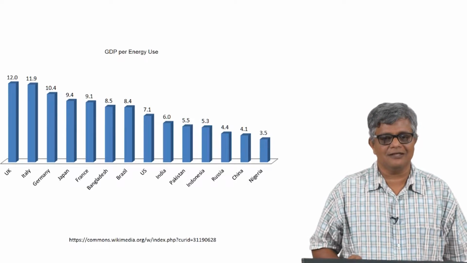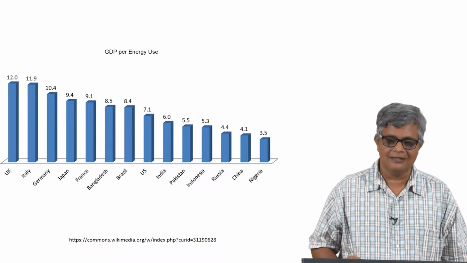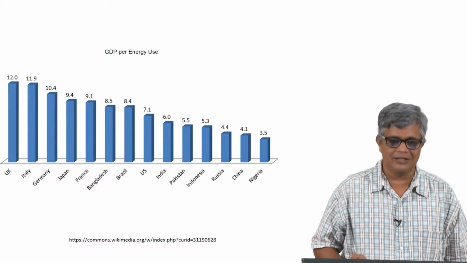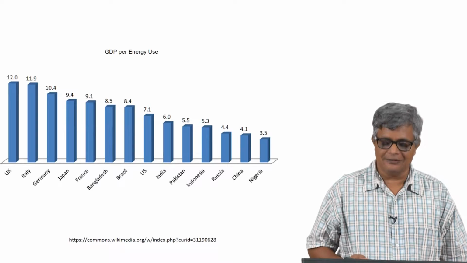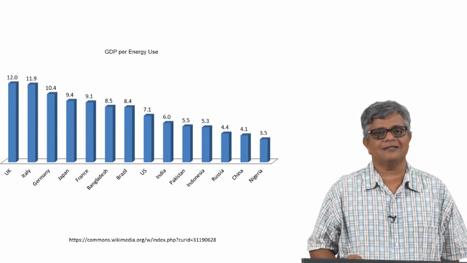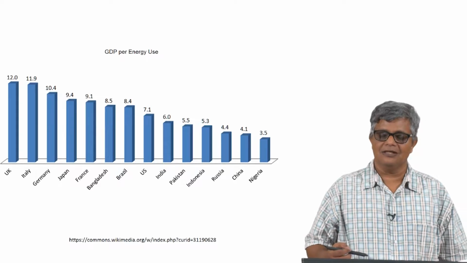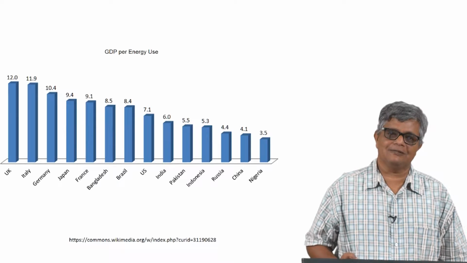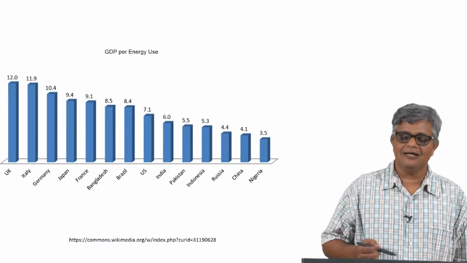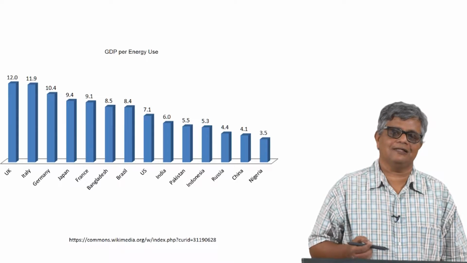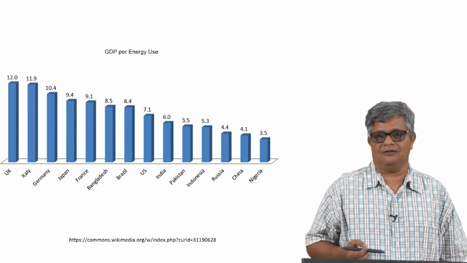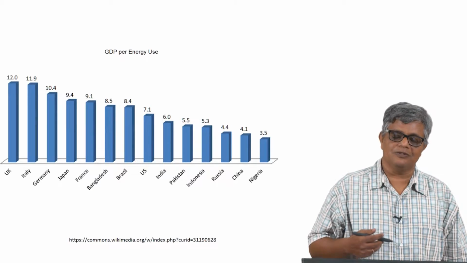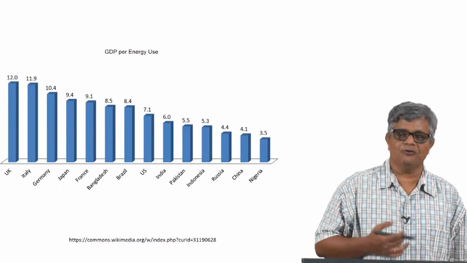And here we have another interesting statistic where we are looking at gross domestic product, essentially the income generated by a country, in relation to the amount of energy that is spent. So how many joules of energy produce how many dollars of income. The higher the income generated per unit of energy spent, the more prosperity will be gained by spending more energy.